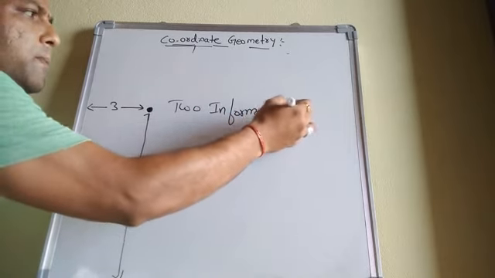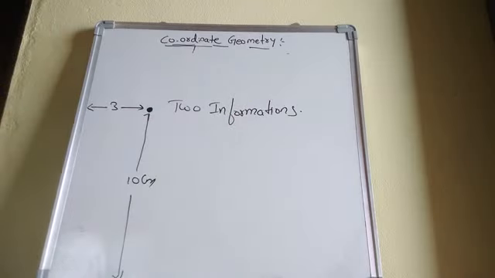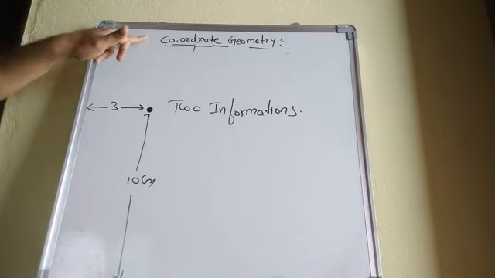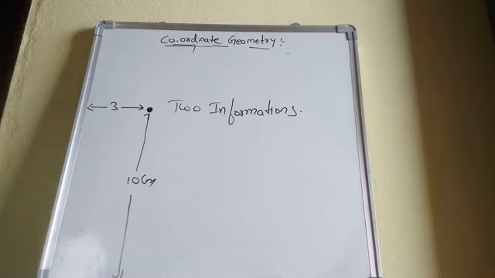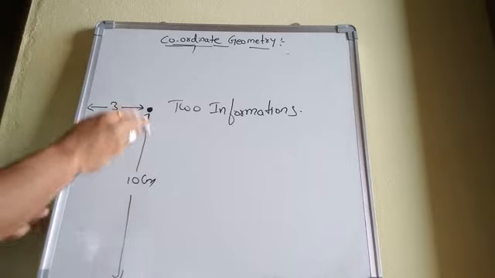What are these pieces of information? We will learn in the further concepts. Okay students? Yes, now in our chapter it is mentioned that we require two axes to represent a point on a plane. What will these two axes be? One is the X axis, and the other is the Y axis. Okay students? Yes.